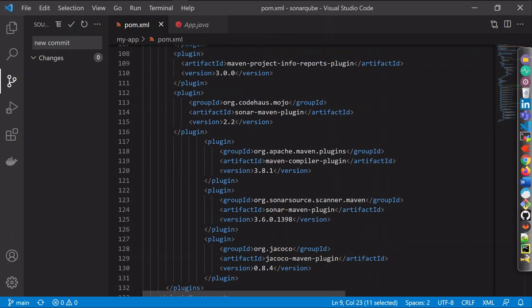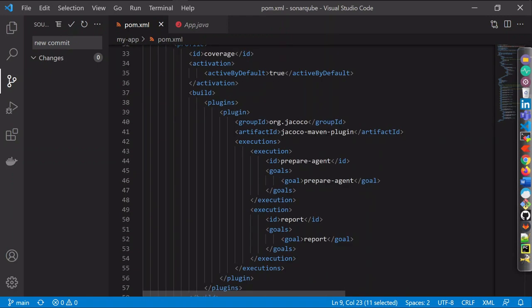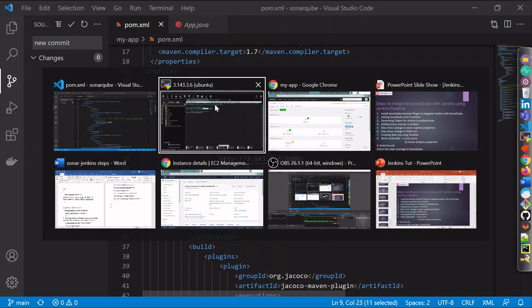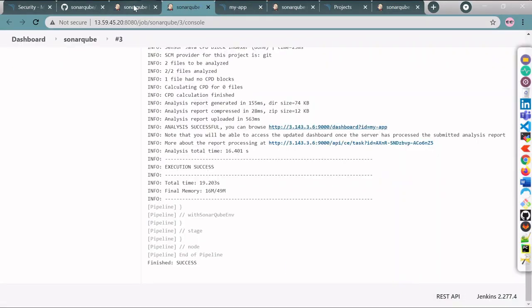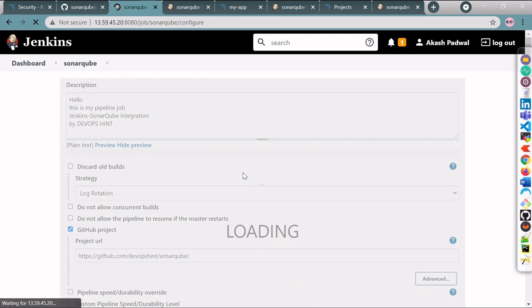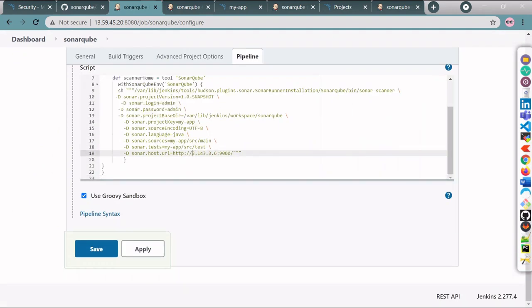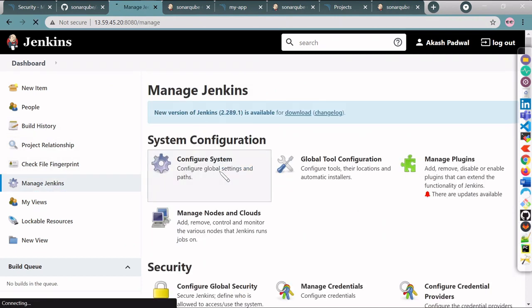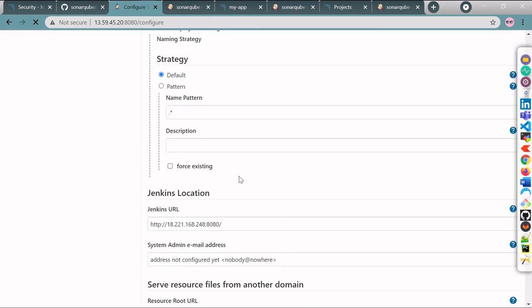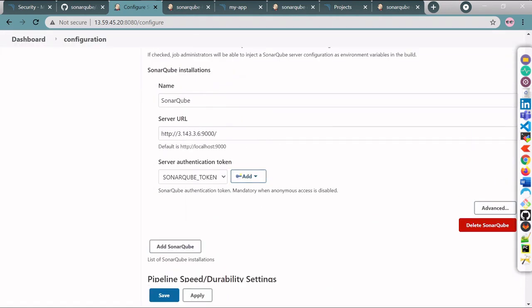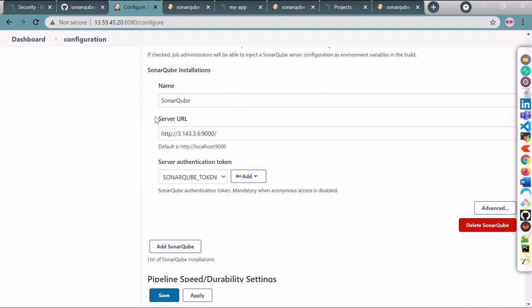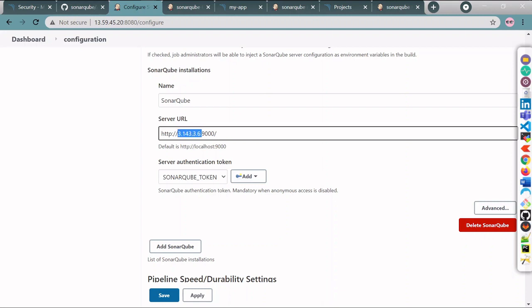Okay, where is it? Here, second you have to change again the URL in this POM XML. Third change you have to do in our analysis properties over here. And the fourth change, you have to do in this configure system where we added this SonarQube starting here. So again you have to change the URL here, change the IP. So from next time onwards, just check whether it is the same IP or the new one.